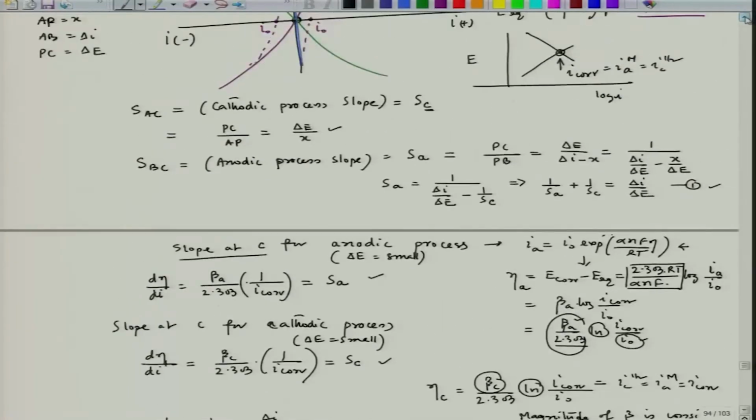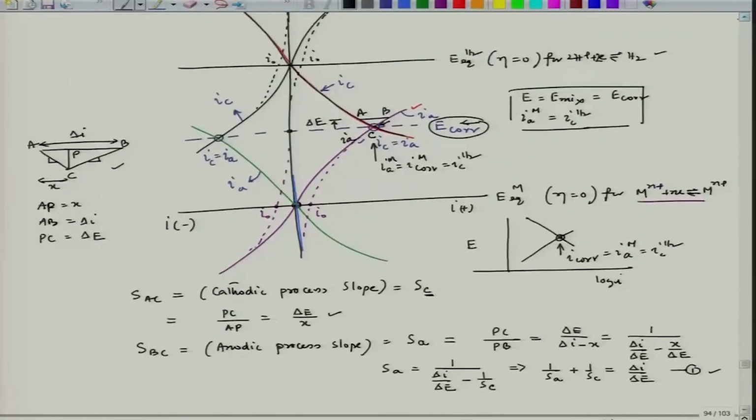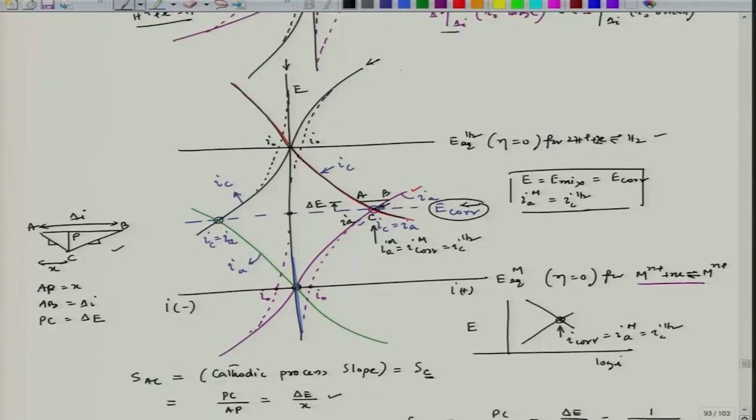If we get to this particular plot again, this Butler-Volmer equation can be modified. Instead of I applied, we had I0 exponential αnF/RT minus exponential. So this was the equation we considered. Now there, instead of I0, if we put Icorr,